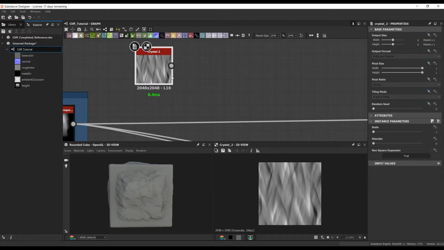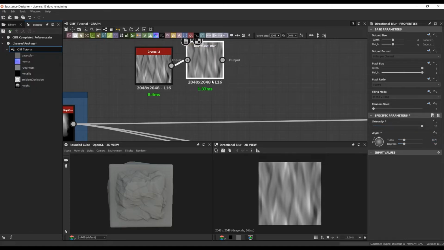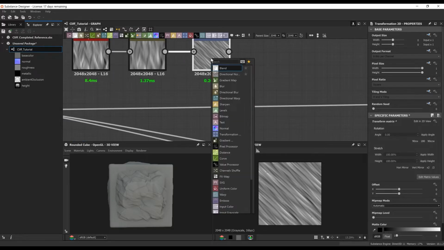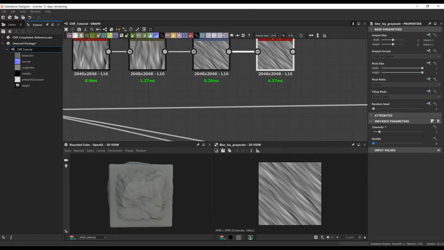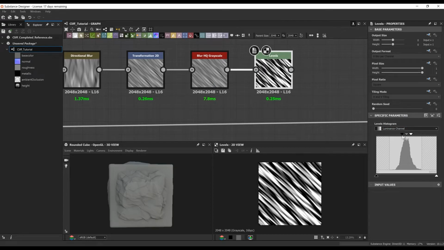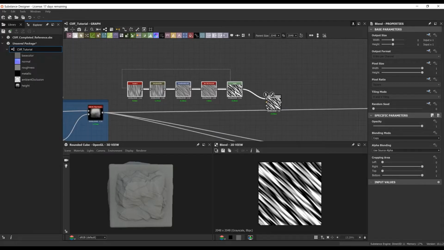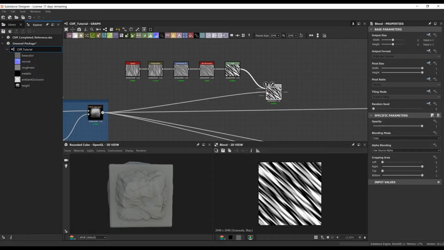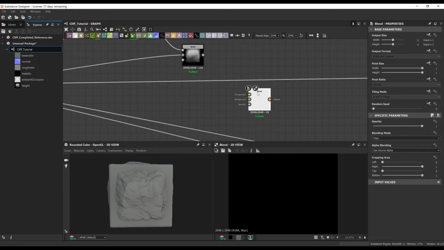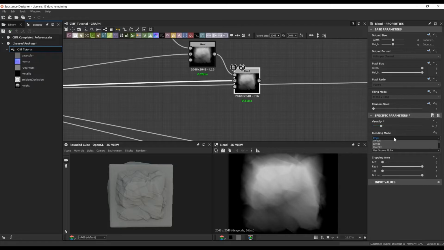Next up, I want to add a little bit more directional noise. It's kind of similar to what we were doing with the slashes, but we're just going to do it a little bit subtler, and then blend it into itself. So here I just took a directional blur on those crystals, and then did a transform to rotate them, then a blur, and then the levels. I'm trying to get those whites and blacks to really shine through, so I'm getting those peaks on there. Then I'm just going to blend that onto a min.